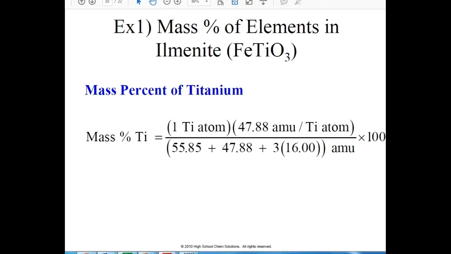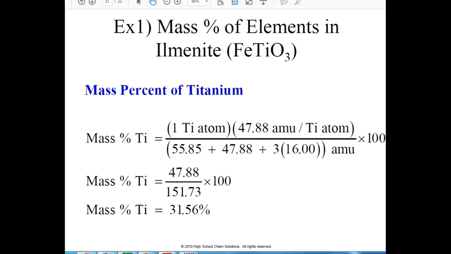So for the titanium, there's 1 titanium in the compound times the mass of titanium. And what this dash means is that's the mass for every titanium atom, per titanium atom. All right, then there's that total on the bottom. We know it's going to be the same total every time because it's the same compound. And then we'll multiply by 100. Right, so you see that worked out. It turns out to be